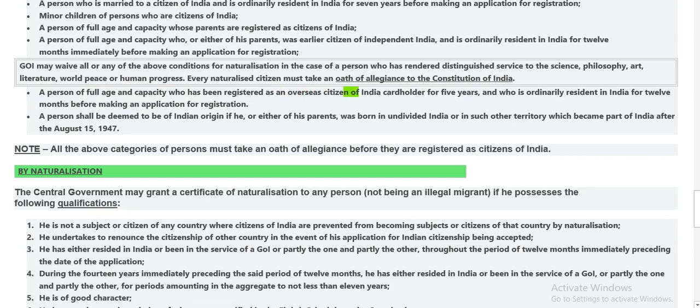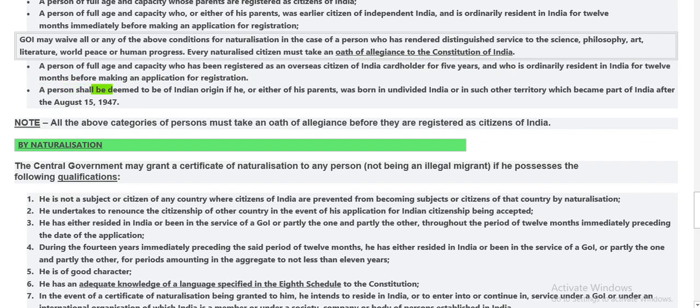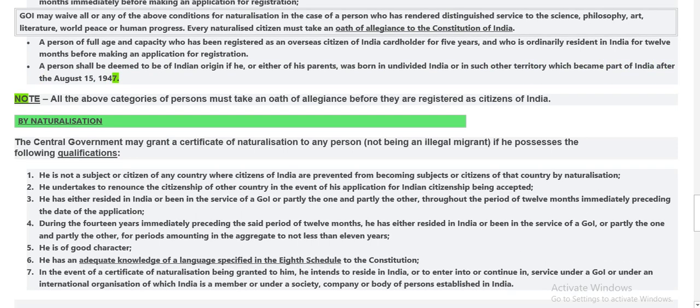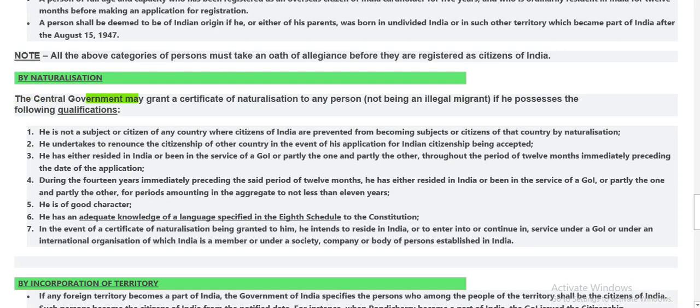A person of full age and capacity who has been registered as an overseas citizen of India cardholder for 5 years, and who is ordinarily resident in India for 12 months before making an application for registration. A person shall be deemed to be of Indian origin if he, or either of his parents, was born in undivided India or in such other territory which became part of India after August 15, 1947. Note: all the above categories of persons must take an oath of allegiance before they are registered as citizens of